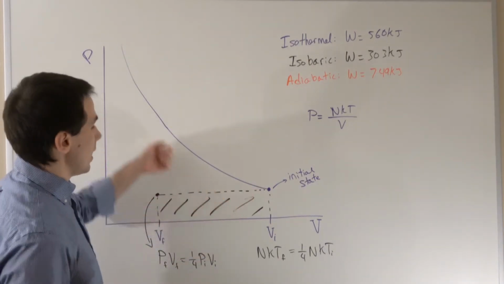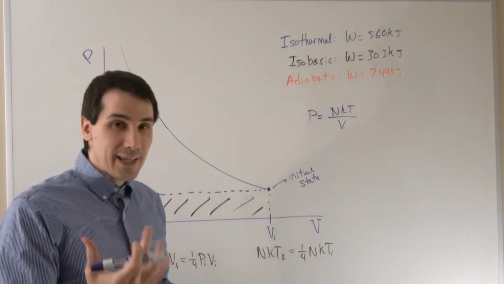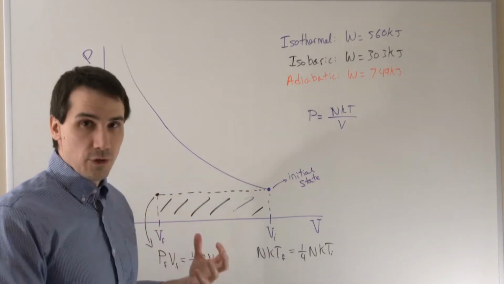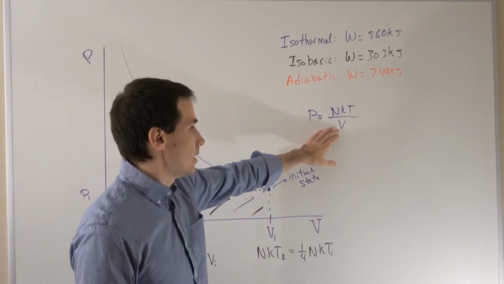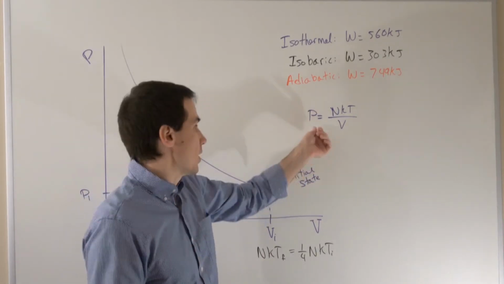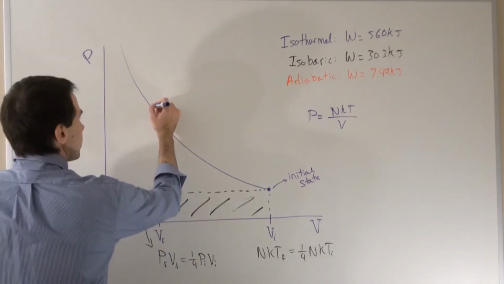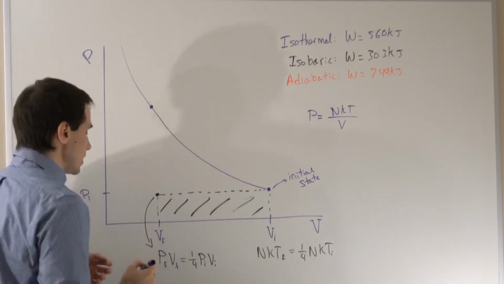So it's going to curve up. The pressure is going to increase as the volume gets closer and closer to 0, right? As the denominator here gets smaller and smaller, the pressure is going to increase. And we end up at this point here